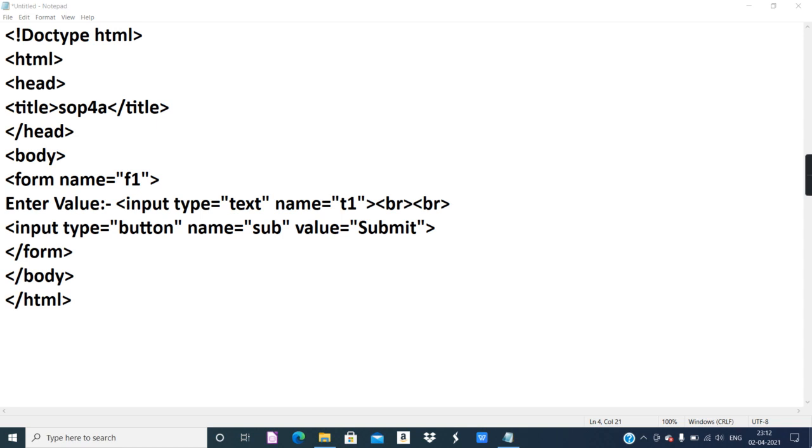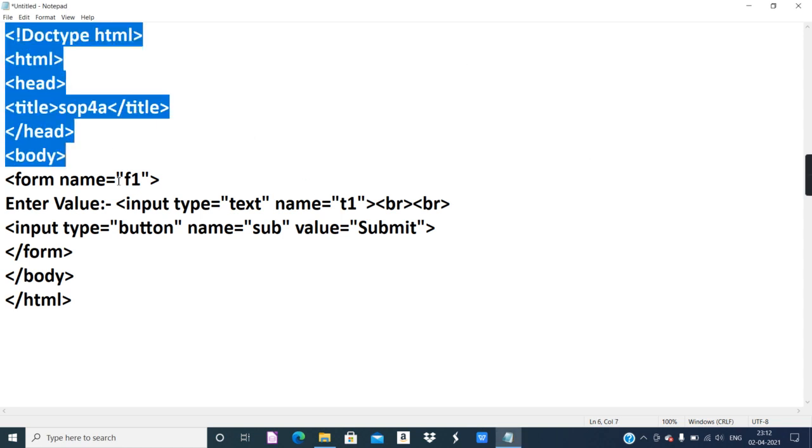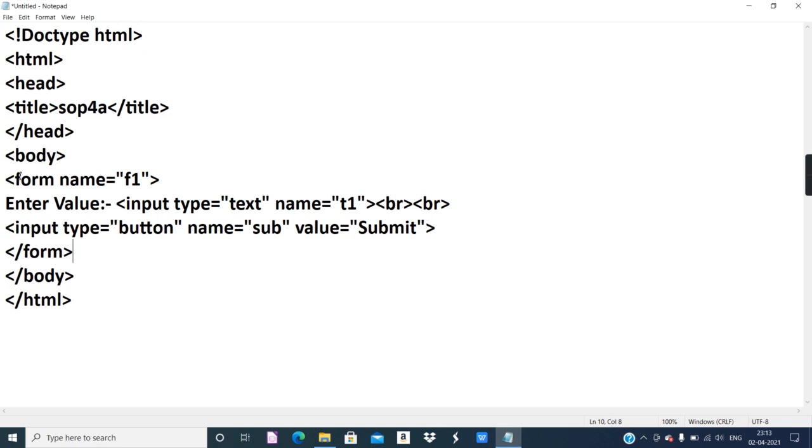All right, so I have just typed this coding, and it is not complete. I have just designed a form, and as per the question, instead of submit, I will give check, because in the output I can see the button is check. The button in the sample is circular, but using HTML you cannot get a button with circular corners like that. You will get a regular button, but that's not very important. The functioning of the coding is important.